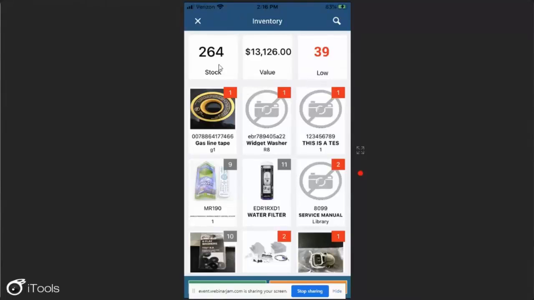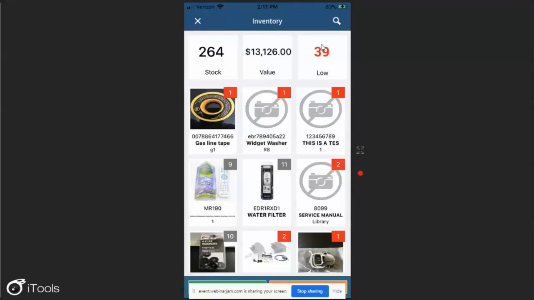Going up to the top, what this reflects is I have 264 unique part numbers. I know that's a lot, and it's probably not average, obviously, but I have 264 unique part numbers in my vehicle for a cost value of some $13,000. In the web portal, as the administrator, you have the ability to set this at cost or retail. So I just happen to have it set at cost. And what this also reflects is that I have 39 parts that require replenishment. In other words, based on the minimum stocking quantity I have set up for that part,